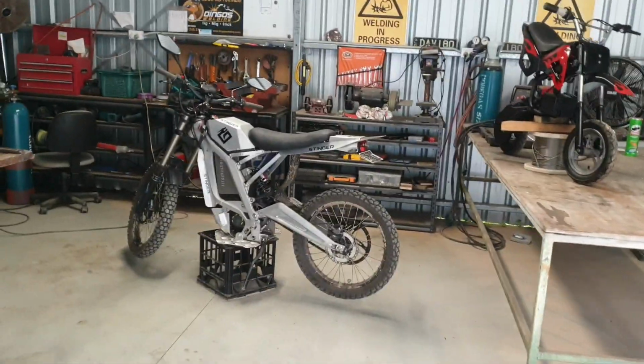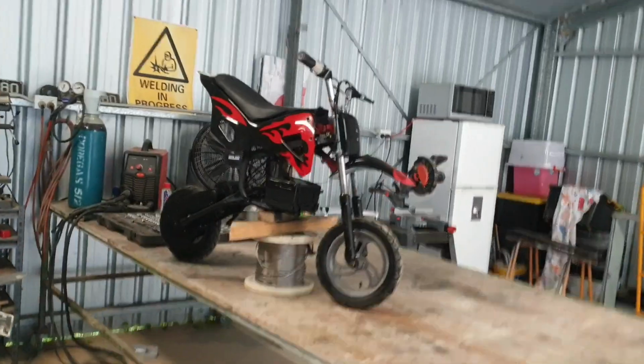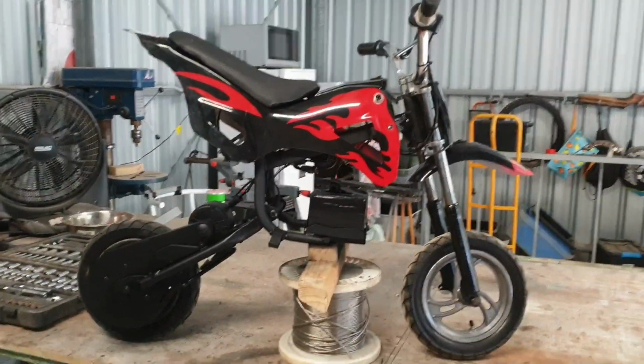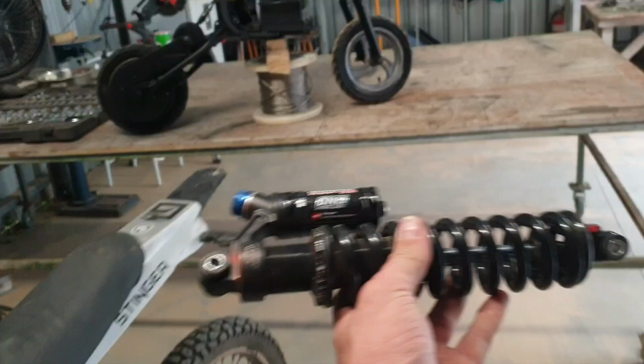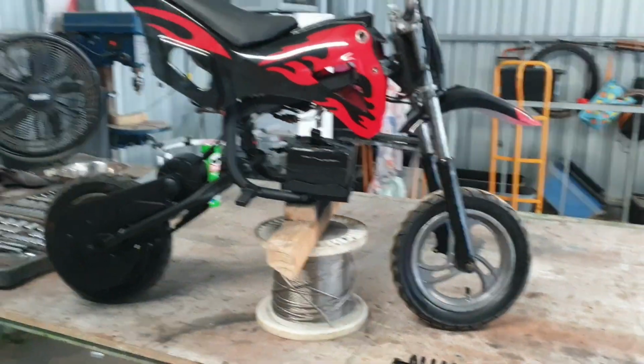Okay guys, so we're in the workshop again, obviously, because I always fuck around when I've got no time. That's my little bike I've made, just going to put my D&M spring in it. Just waiting to get the right bolts for that, with some to put in there, but I made that from